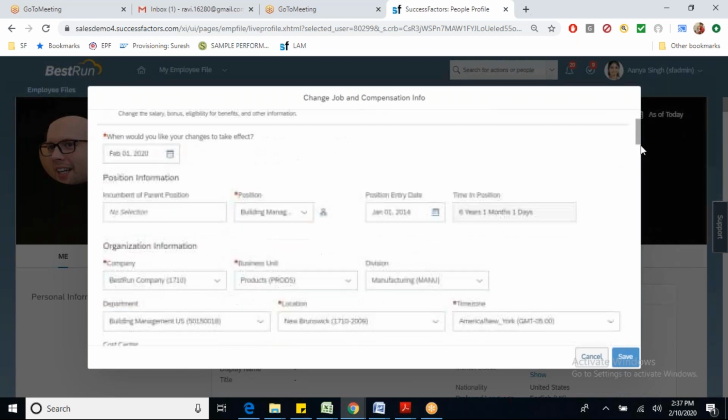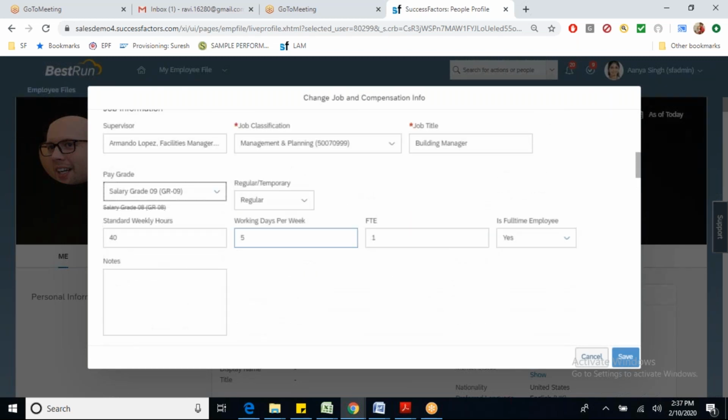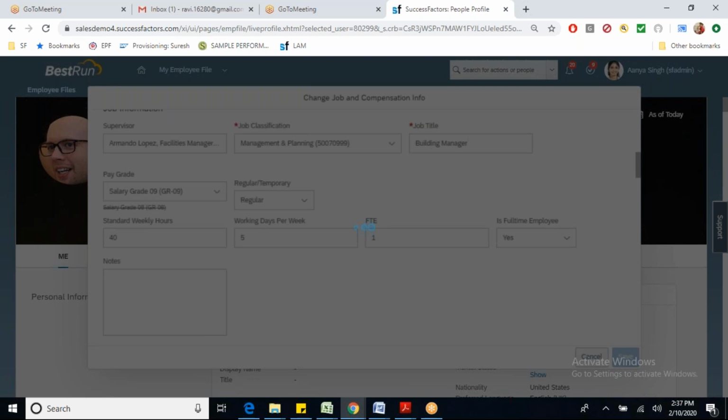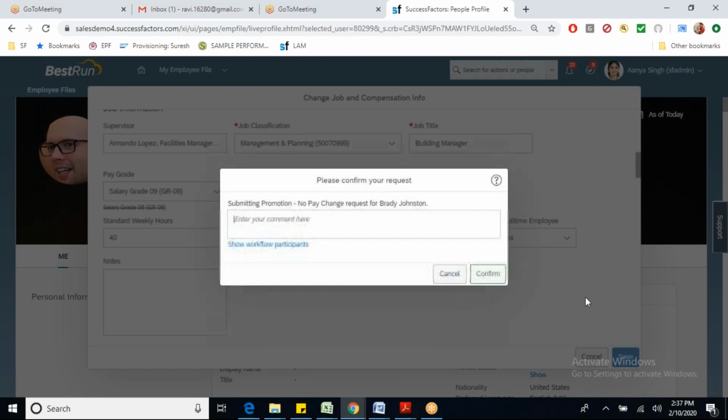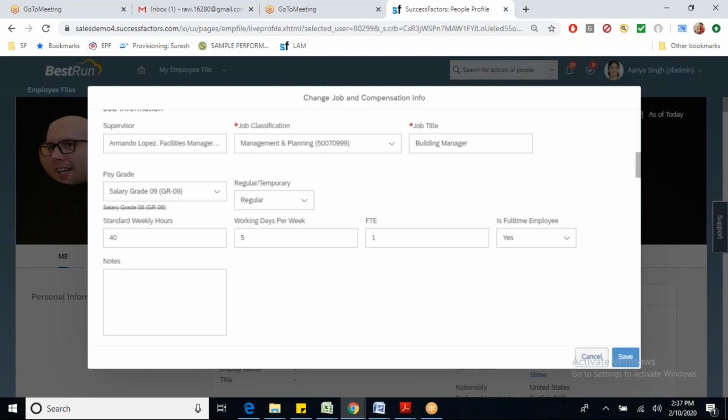I don't have event reason fields here. Now, if I change the grade and click on save, it says promotion, submitting promotion. This is the event. When I change the location, the system is saying that it is a transfer. When I change the pay grade, the system is telling it is a promotion. How will the system know?